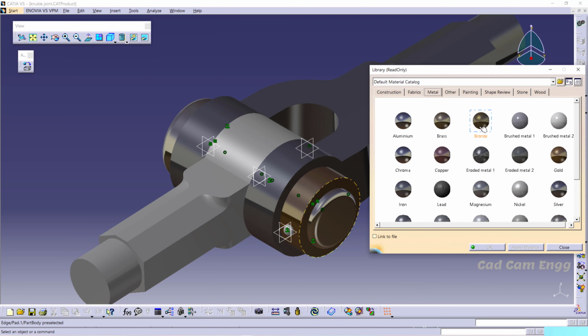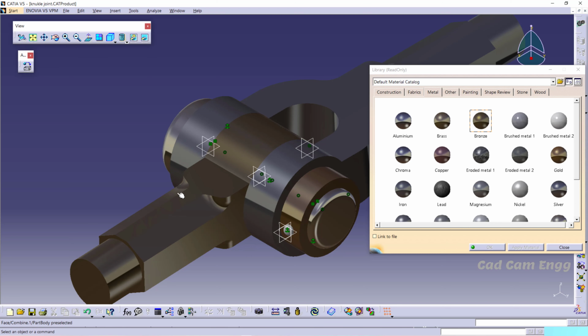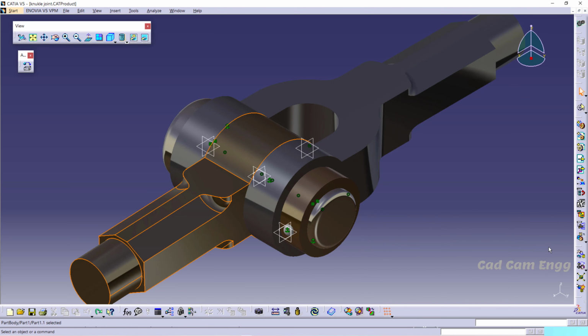If you want to add bronze to this, you can simply drag and drop. It also became bronze. Okay, like this we are going to give material to our body, and then click on apply material. Okay, the window will go. This is how we are giving material property.